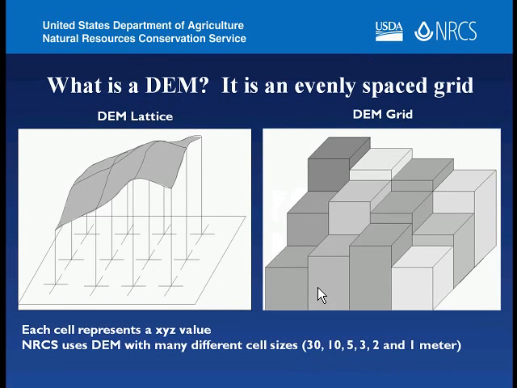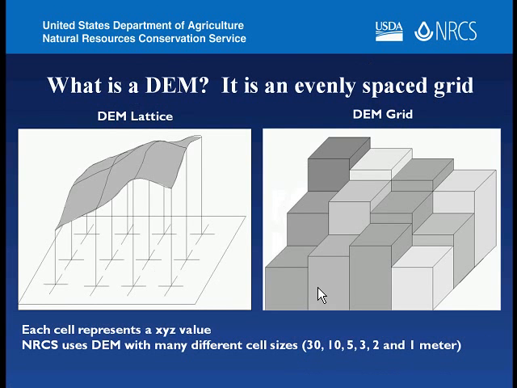What is a DEM? Points are often converted to DEMs. Each cell represents a unique XYZ value, and NRCS uses DEMs with many different cell sizes. We get data from the U.S. Geological Survey as part of their National Elevation Database, and the cell sizes come to us in 30 meter, 10 meter. We often get radar data from IFSAR at 5 meter. And what's very interesting these days is the high resolution data, which we would call less than 5 meter. So you often see LiDAR data portrayed in DEMs at 3 meter, 2 meter, and 1 meter is generally our